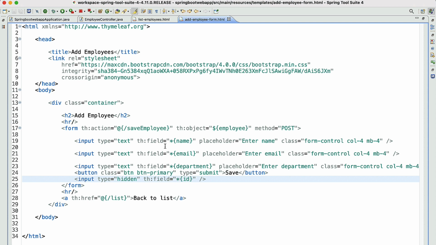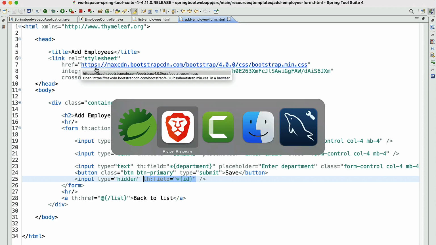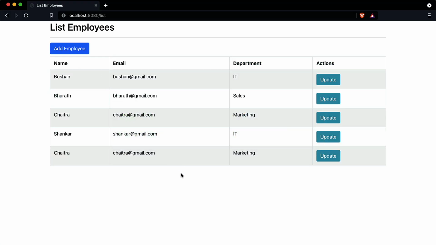When the user clicks on the update option, the pre-populated values will be populated inside the employee form, and this hidden text box also contains the employee ID. Let's actually verify that. Let's save all the files and go to the browser.